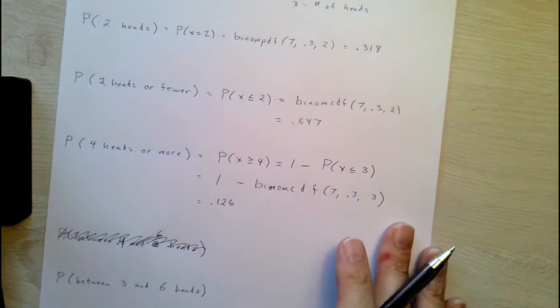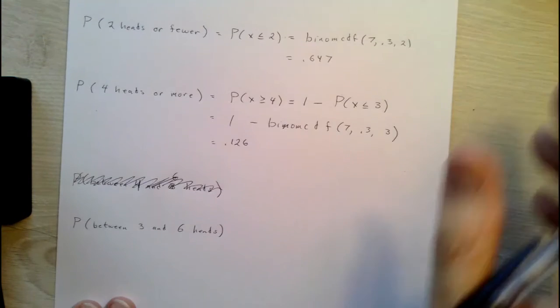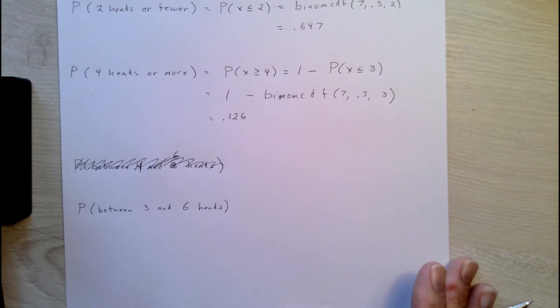And then finally, if we wanted to find the probability of between 3 and 6 heads, this is the probability that x is less